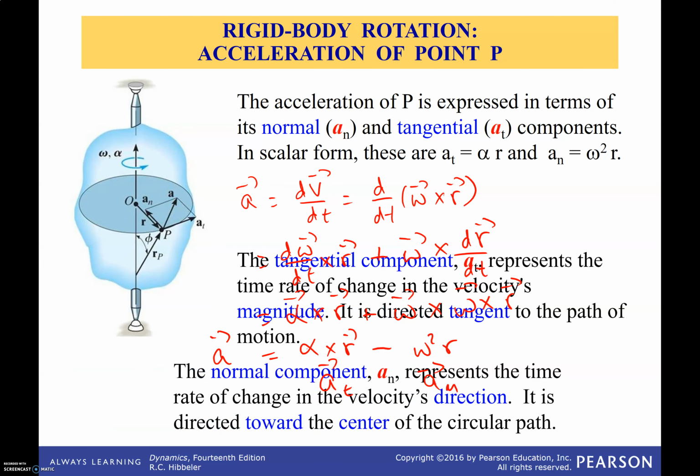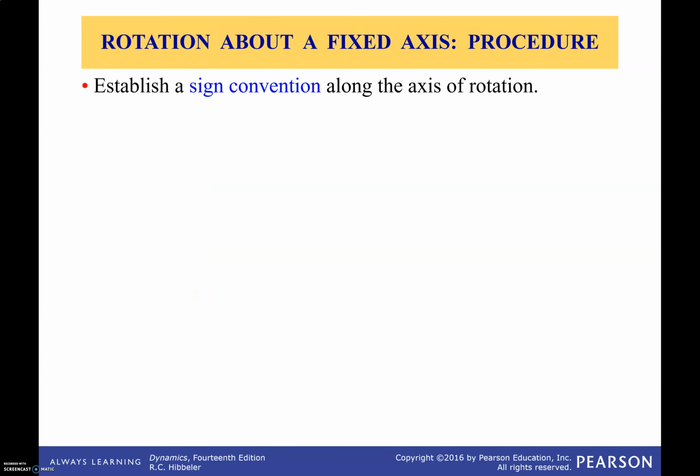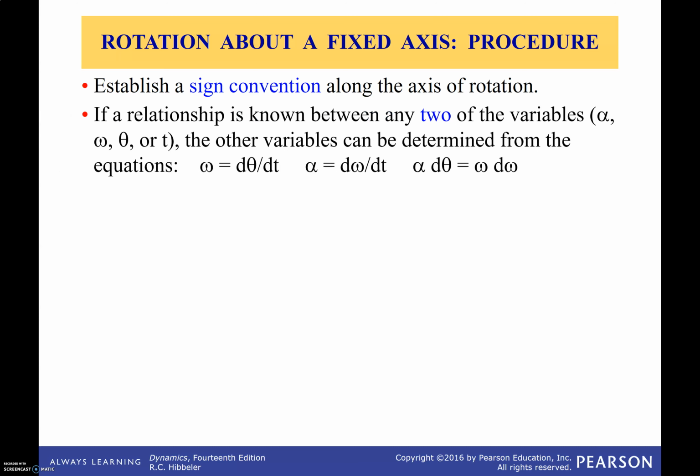We are now going to look at some procedure for rotation about a fixed axis problems. You need to have a sign convention where we're going to use the right-hand rule. Then we are going to look at relationships between the variables alpha, omega, theta, and t. If you have an equation between any two of these, then the other two can be found by using